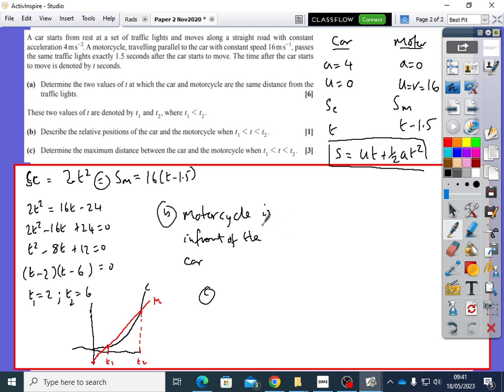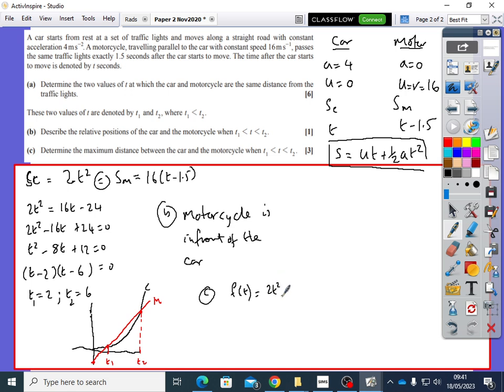So what we could do here is, well, you could do this in a couple of ways. So it's asking for that distance, which is the maximum, which happens here, the distance between those. But I would probably do this by just simple differentiation. Once you've got that equation, okay, so if you then differentiate that, I'm going to call this function f of t,